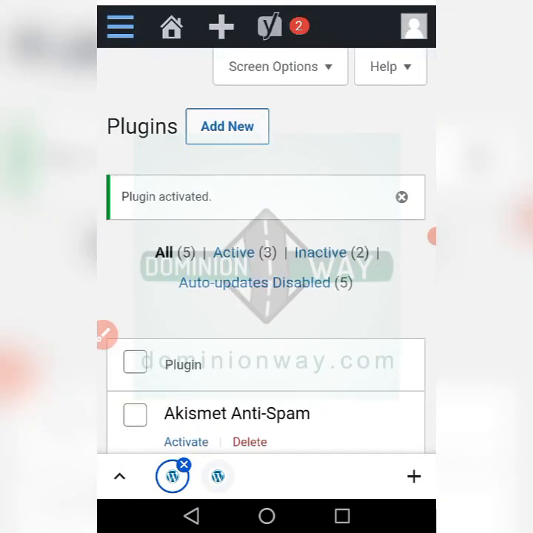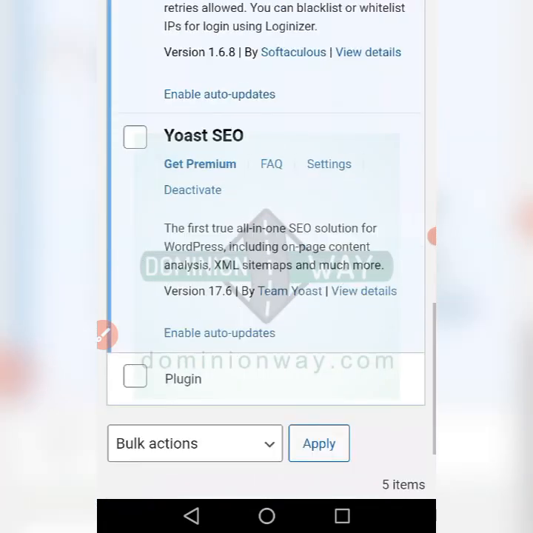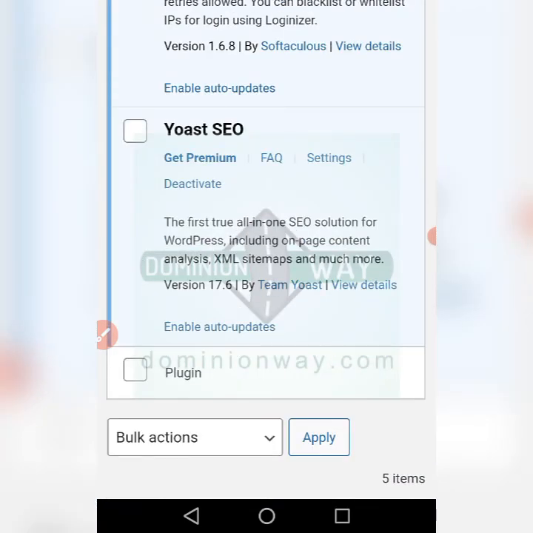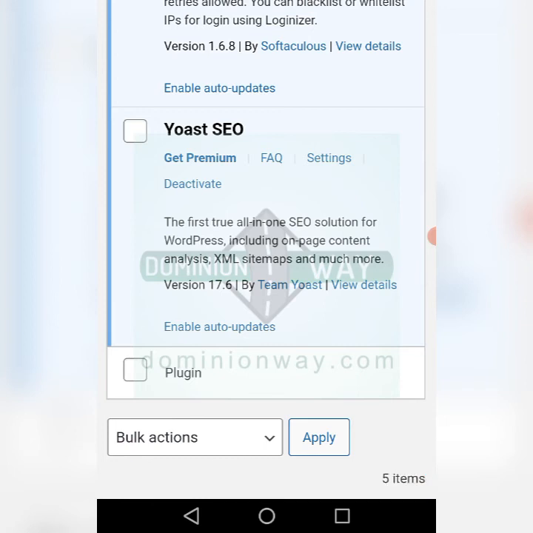And the same way I install this Yoast plugin, I can decide I don't want it any longer, and you can delete it. Now how do you delete a plugin? First of all, you have to deactivate it. You can see nothing like delete appears here. But if I deactivate it first,